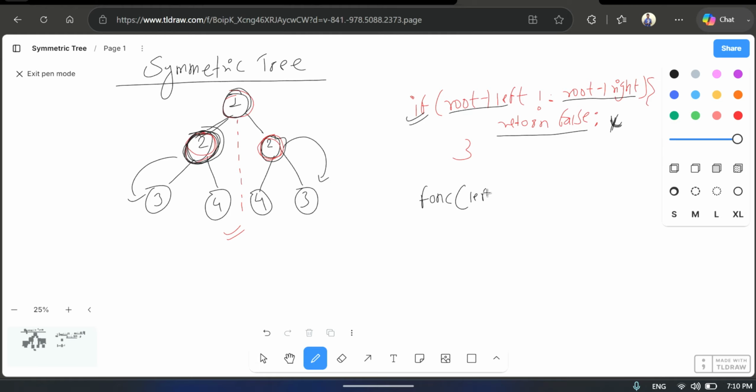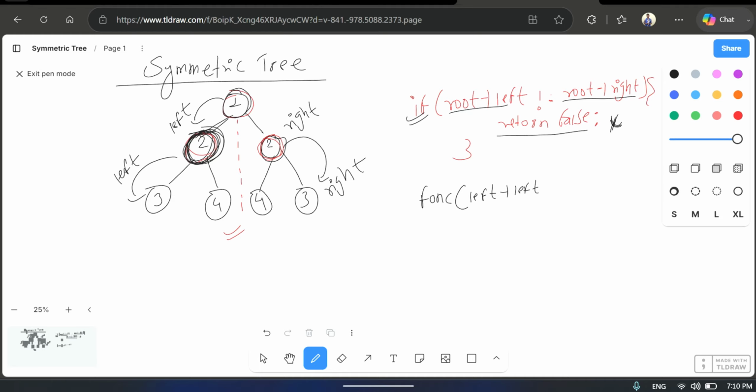You will simply pass left's left value itself. What I'm trying to say is this is a left value of root. If this is a left value, it also has a left value which is 3, right? And if this is a right value, it also has a right value of 3. So